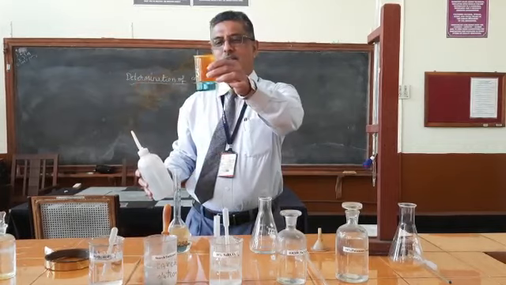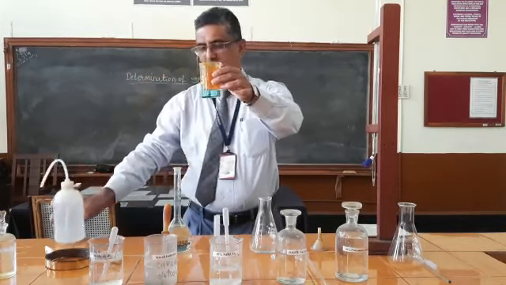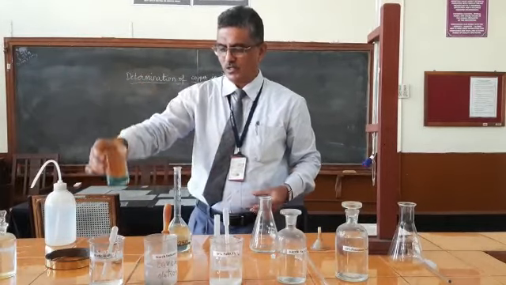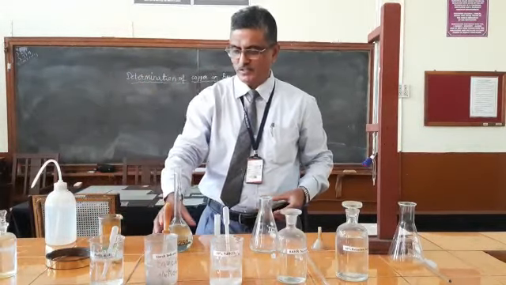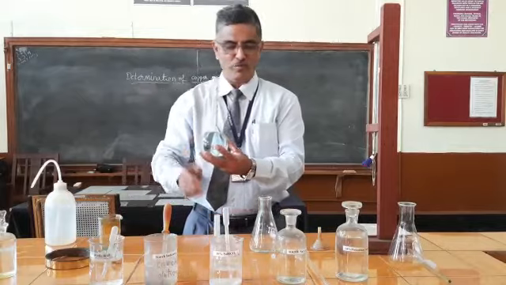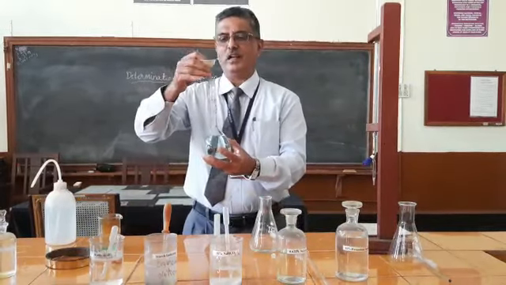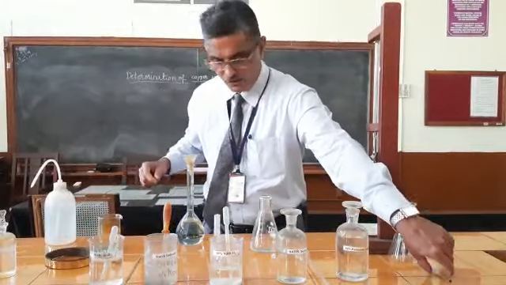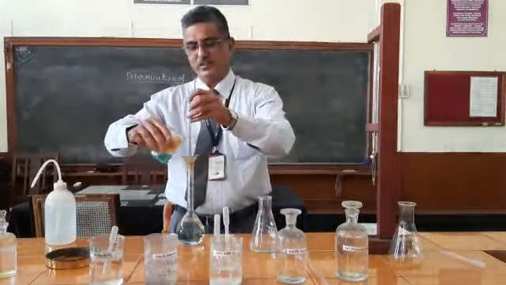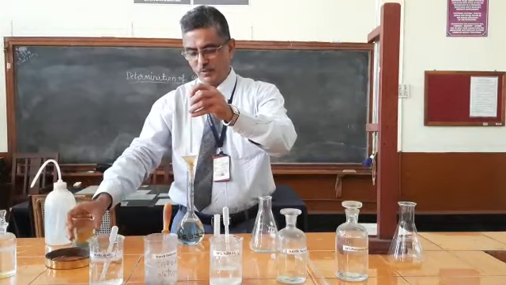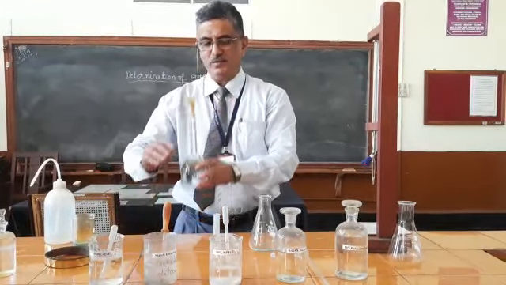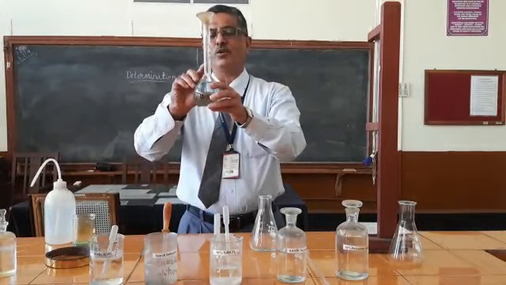Now you can see the alloy solution is prepared. Brass gets dissolved completely in nitric acid, and you can get an alloy solution. And this alloy solution is carefully transferred to 250 cc volumetric flask with funnel and glass rod. You have to use glass rod and carefully transfer it to the volumetric flask like this. Already I have done it, prepared solution is there. It is diluted up to the mark. You can see here. Here is the mark. It is diluted up to the mark.